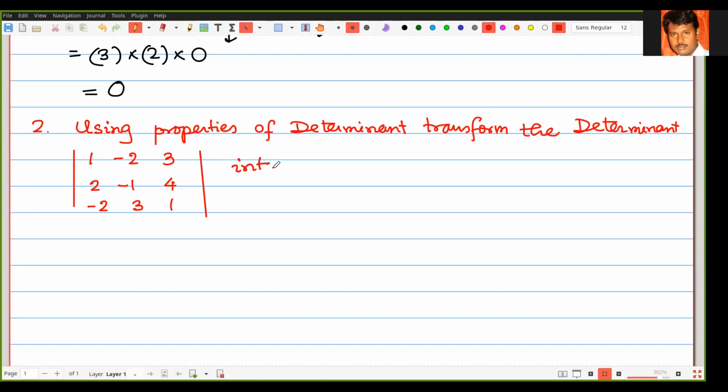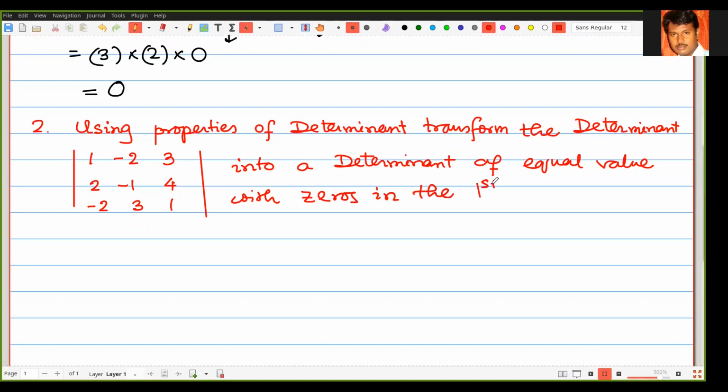into a determinant of equal value with zeros in the first row, that is in the second and third column of the first row. So to solve the problem,